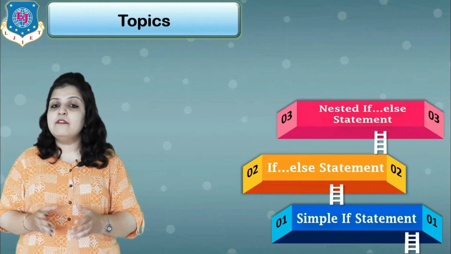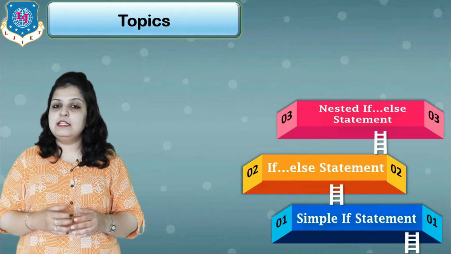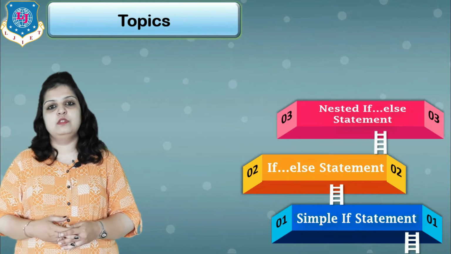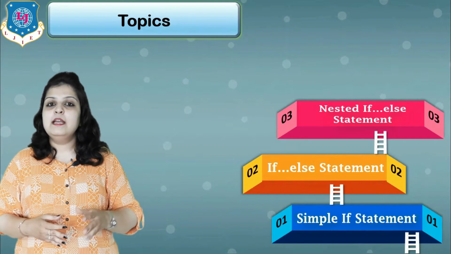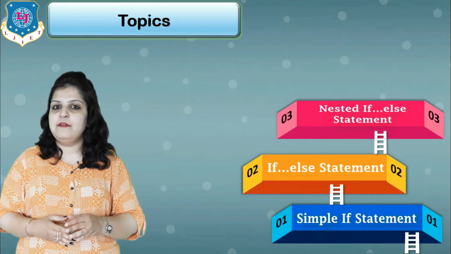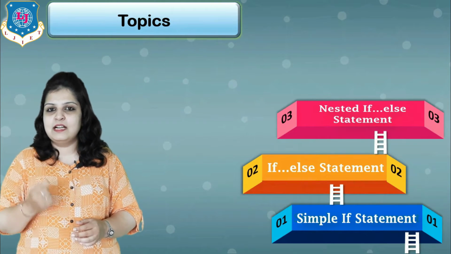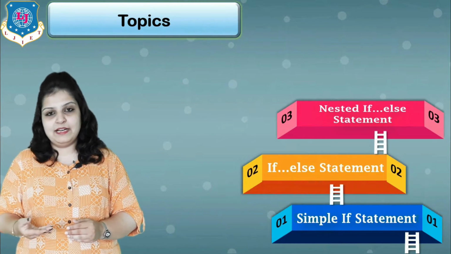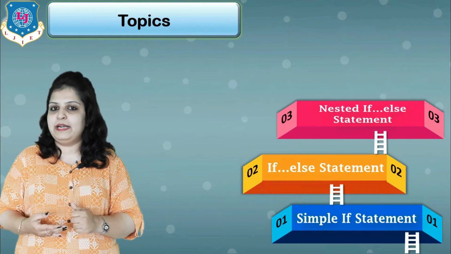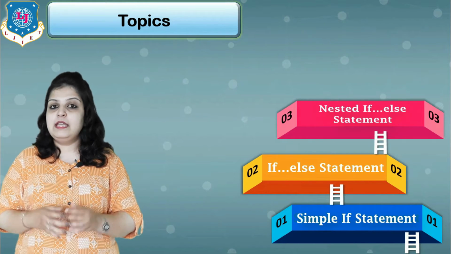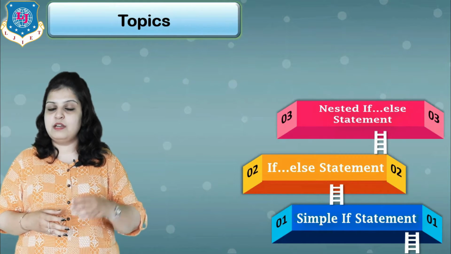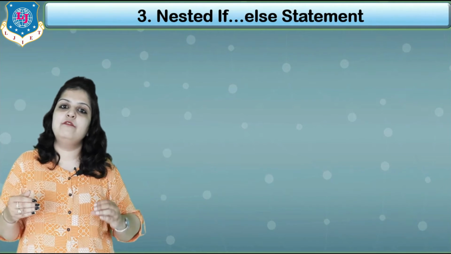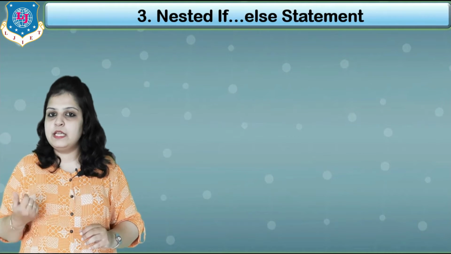So when we have multiple conditions and all the conditions are dependent on each other, in that case we can use the nested if else statement. In the previous simple if and if else statements, we wrote only one single condition. But when you want to use multiple conditions that are dependent on each other, then you can use a statement like nested if else. In nested if else, we have to write one if else statement inside the if statement. The same thing we have to write for else. How can we write it?